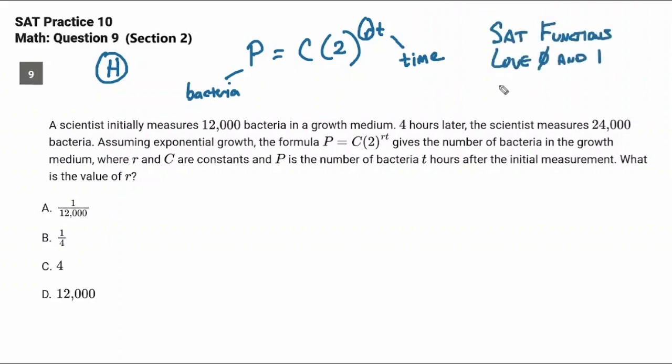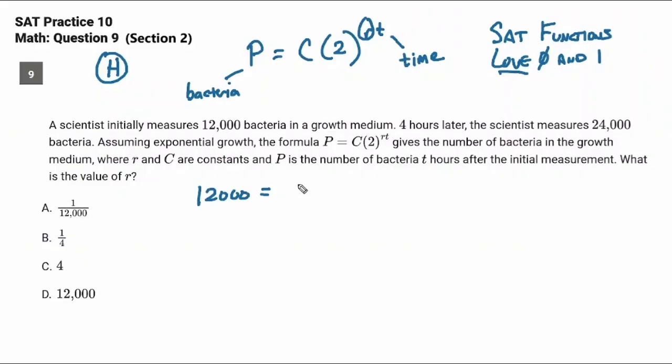What do SAT functions love? SAT functions love 0 and 1. So particularly on exponent functions, always plug in 0 and 1 when you can. Can you plug in 0 here? Sure you can, because you know what happens at 0 time. What happens at 0 time? That's when it starts, so there's 12,000 bacteria. So P is 12,000